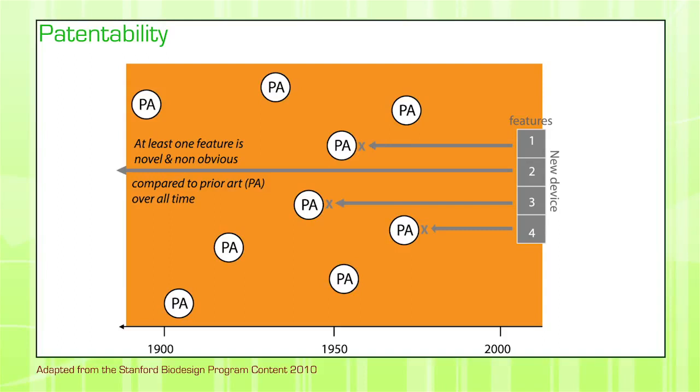And this is a diagram in which you can visually accomplish the goal of showing that for that specific feature or group of features, you don't have a prior art that hinders the ability of your patent to be new and non-obvious. Well, now that we have talked about patentability, we have to also talk about freedom to